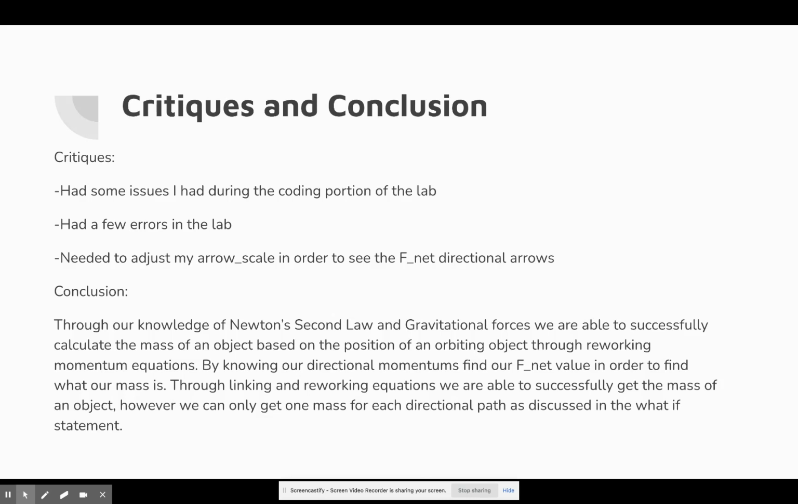So for the conclusion, through our knowledge of Newton's second law and gravitational forces, we were able to successfully calculate the mass of the object, based on the position of the orbiting star, through reworking our momentum, Newton's second law, and gravitational force equations. By knowing our directional momentums, we can find our F net value in order to find what our mass is. And through linking and reworking equations, we're able to successfully get this mass. However, as we discussed in the what if statement, we can only get one mass for each directional path that we are given due to using position to